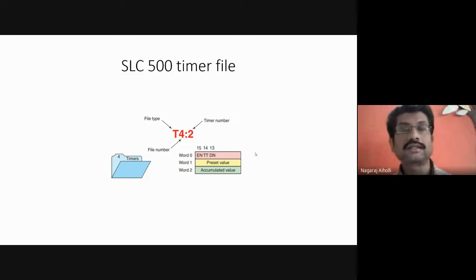That is called the time base. Let us say we are incrementing the timer value after every 1 second. So 1 second, 2 seconds, 3 seconds, it goes on up till how many? 60 seconds. So whatever increment it is making every time, that is called the time base. So this is the time base. We have the preset value, that is the set point value, and the accumulated value.